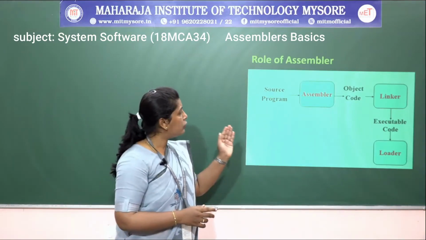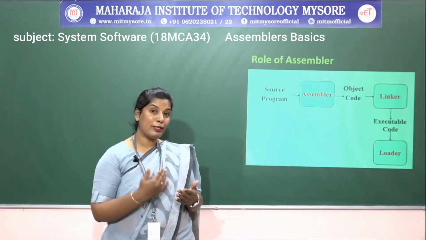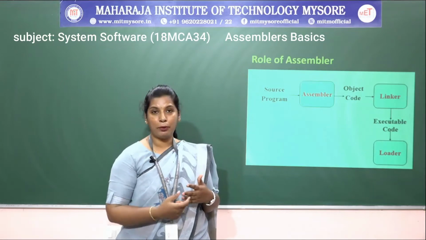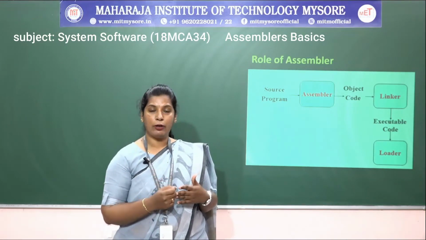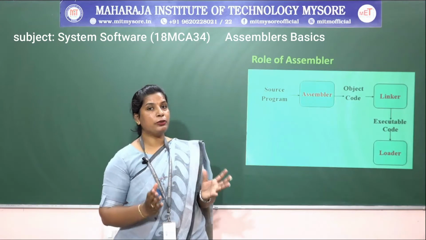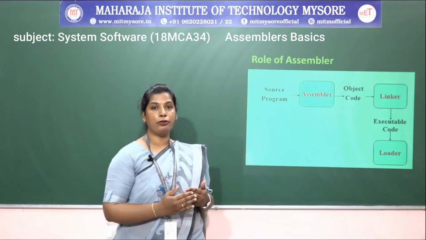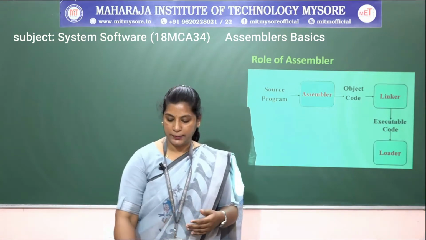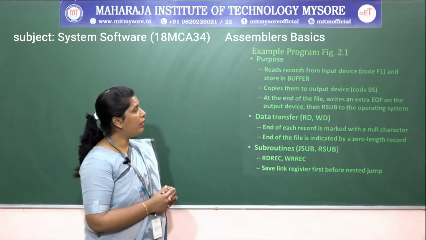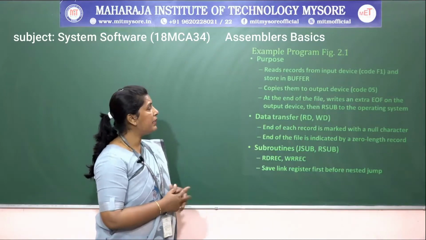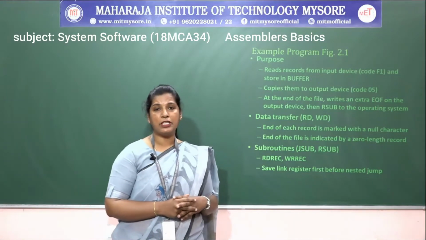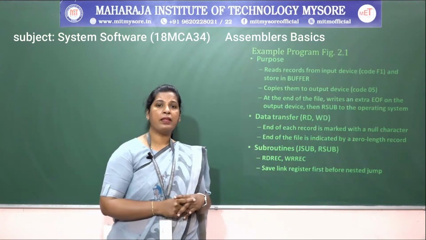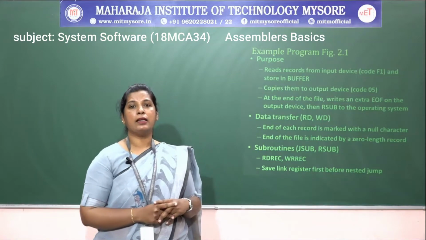So the main role of an assembler is that it takes the source program and converts it into object code. To generate the object code, it has to process every line of the program and generate an object code for every line. After that it combines all those together, forming a single object file which has a number of records within it. As I said, I am taking the same program mentioned in your textbook, because it is feasible for explaining all the concepts in SS.